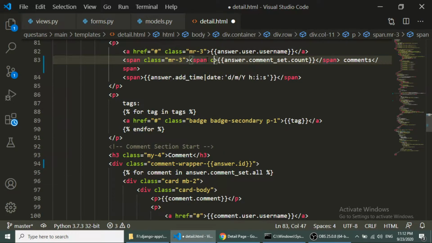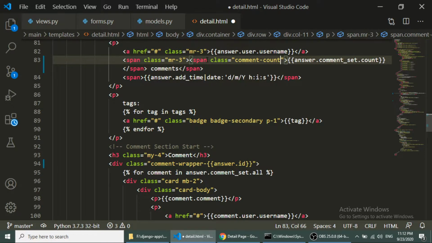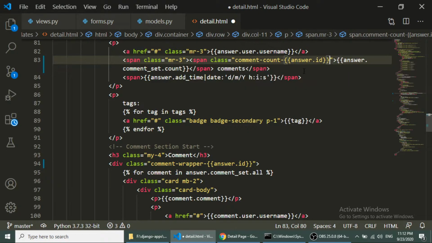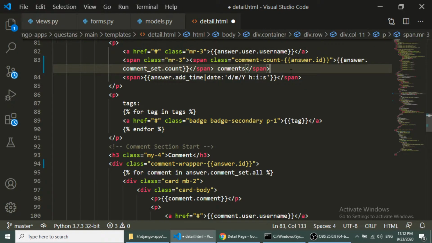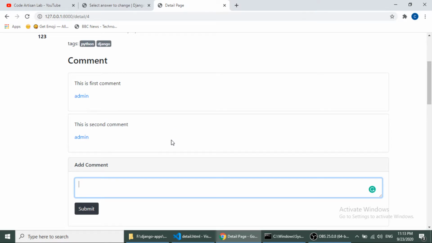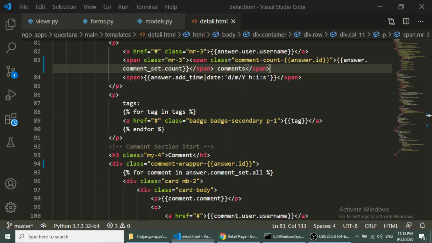Here I will add the class comment count, and here I will add the answer id. So this will be unique for every answer. Now when we add a comment, it will be added to that particular answer only. But right now if you add the comment, it will be added to all the answers, so I'm adding the answer id here.